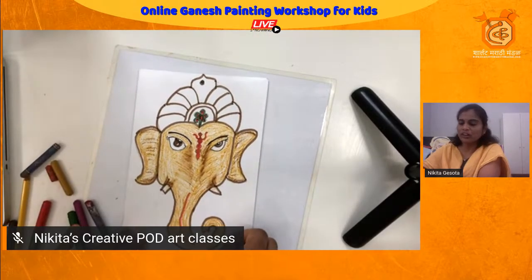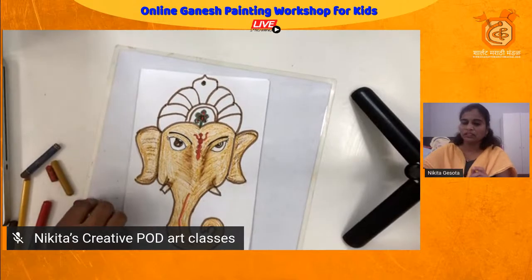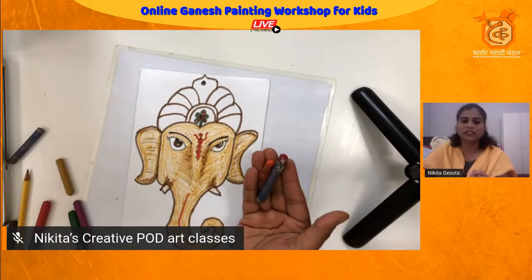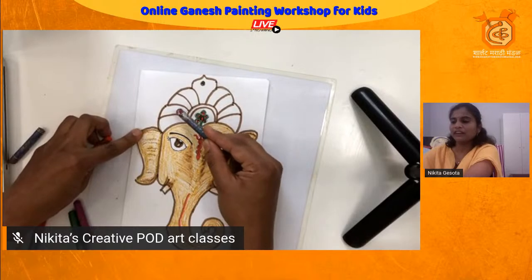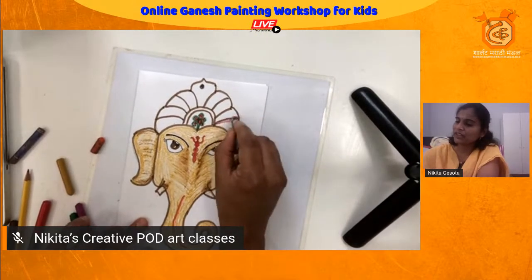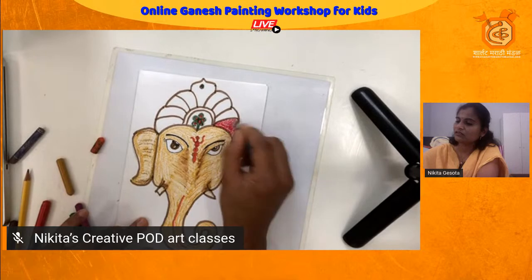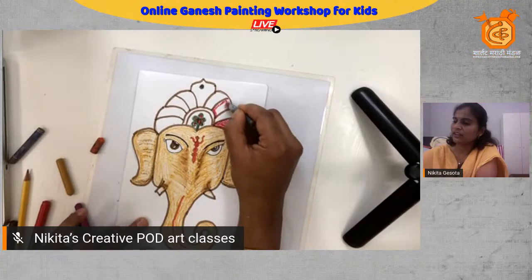Now I would like to move on to the turban area, the crown. Here I am going to do a pattern with red and orange. You are free to use your own color. So here it will be alternate: red, orange, red, orange. So I will be filling up the gaps with red color first. Here one red, leave the gap, another red,